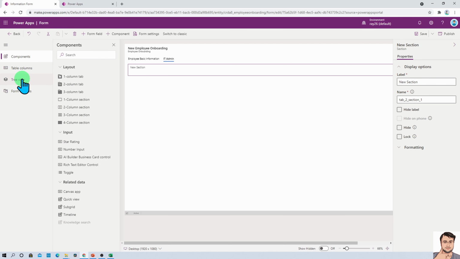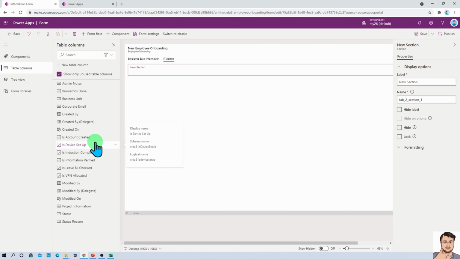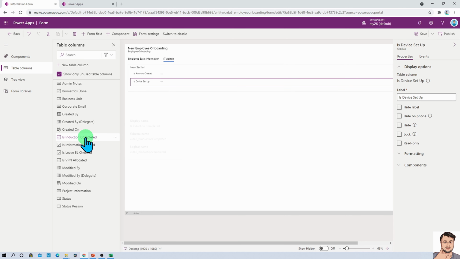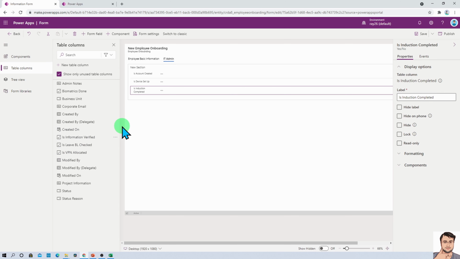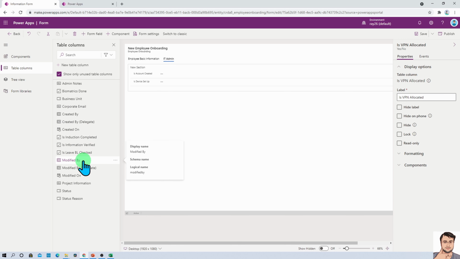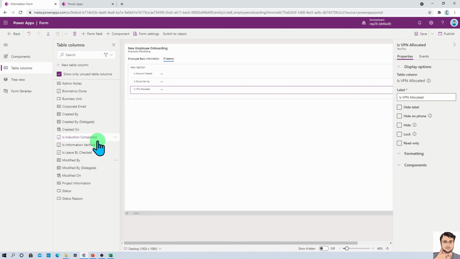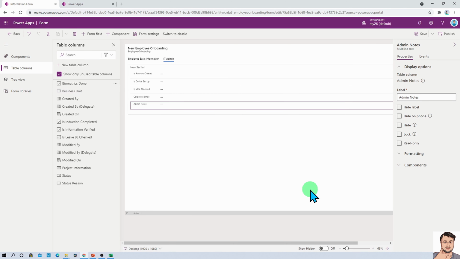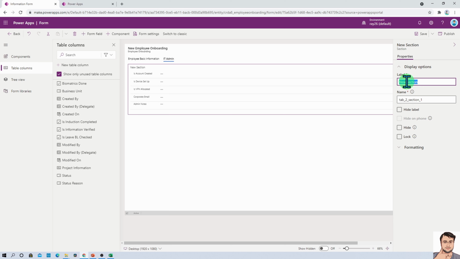So I'm just adding the fields like is account created, is device setup, is VPN allocated, corporate email, and admin notes. Right, so this is one section that we created for IT admin.